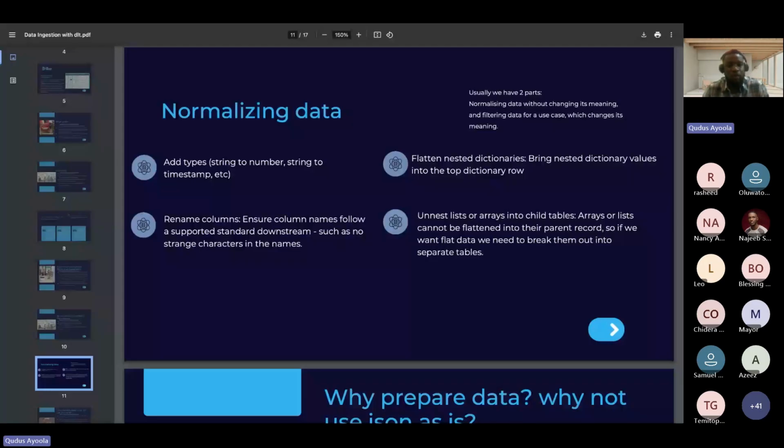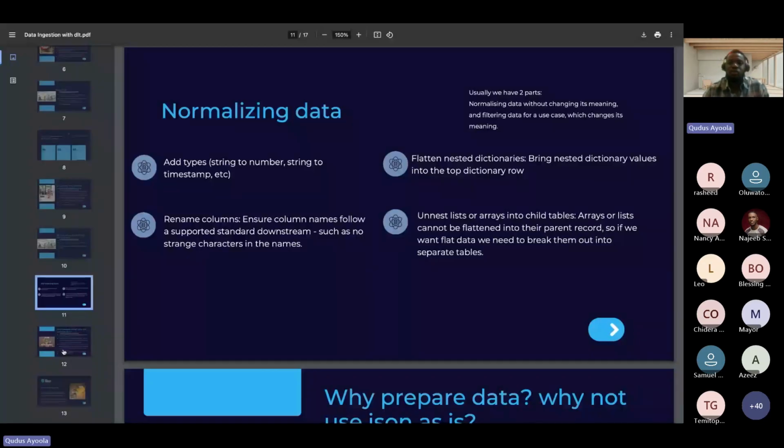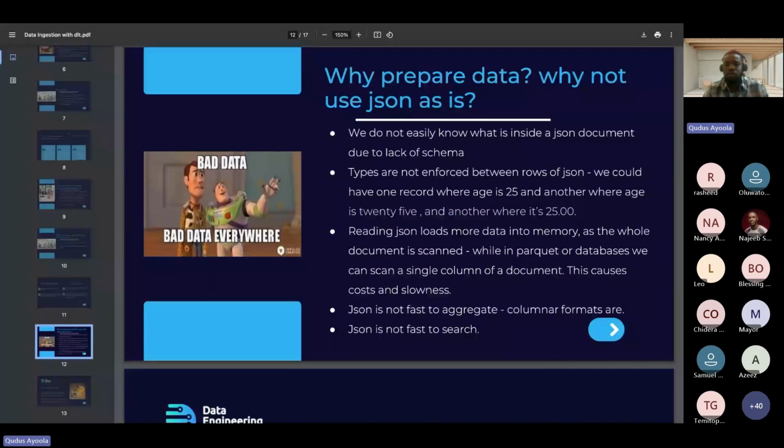When you are pulling from JSON file format, it is typical to want to normalize such data because such data are nested. So why prepare your data? Why not just use your JSON file as it is? Basically, we do not easily know what is inside your JSON document due to the lack of schema.